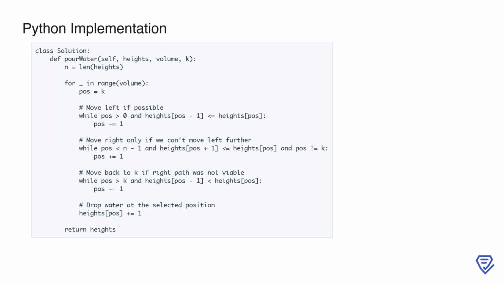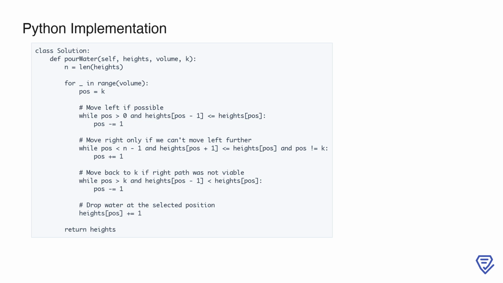This implementation solves LeetCode problem number 755, Pour Water, by simulating the process of water being poured over an elevation map. The function takes the terrain heights, the amount of water to pour, and the starting index K. The algorithm iterates for each unit of water to be poured. For each unit,